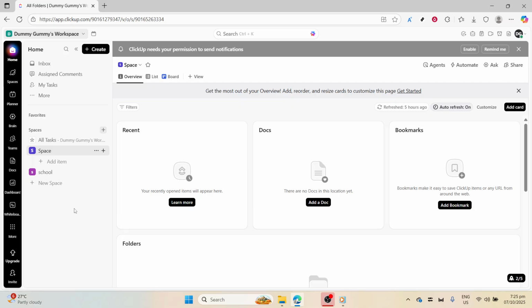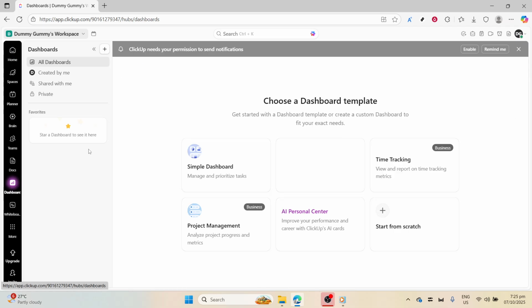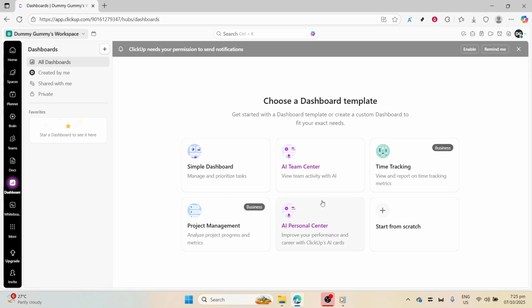First off, one of the simplest yet impactful changes you can make is to simplify your dashboards. Complex dashboards can significantly slow down your ClickUp experience. Start by opening your dashboard and look for the More Options button, which is typically represented by 3 vertical dots or a similar icon. Click on it, and then begin removing any widgets that aren't essential to your tasks or